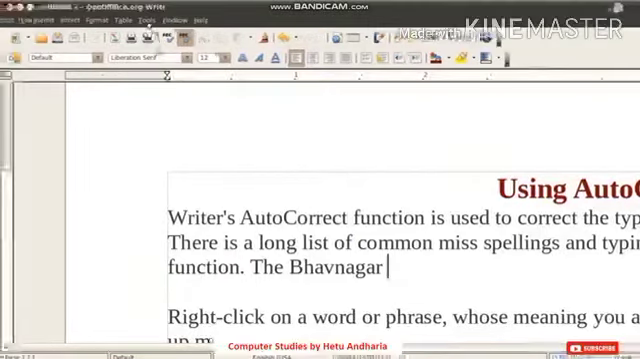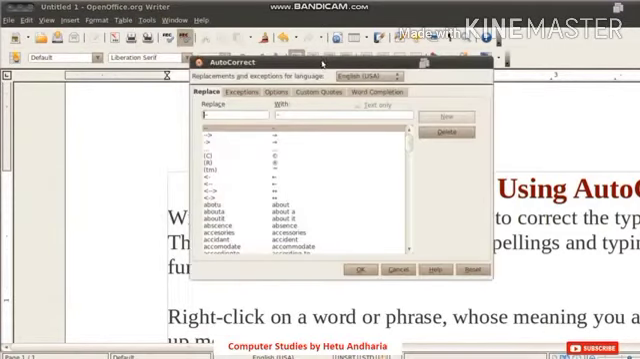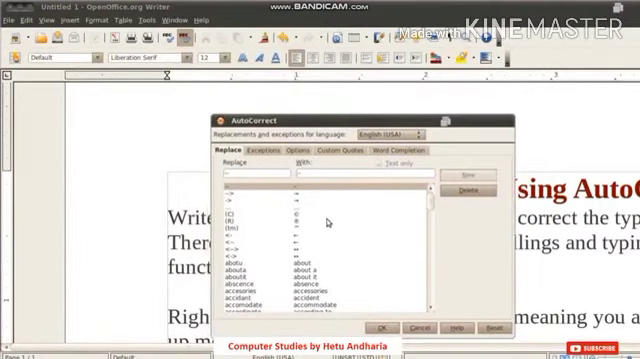You have to go to the tools menu, and from the tools menu you have to select the last option, that is autocorrect options. So this type of dialog box will open. For example, I want to type Fatima Convent High School or Fatima Convent. So I create a shortcut key here, FCHS, and I replace it with